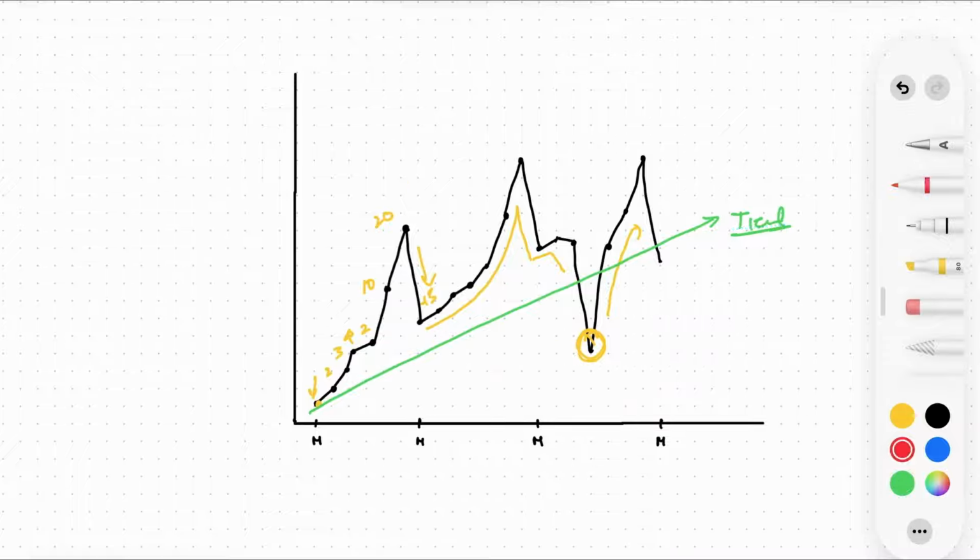Another thing you might have noticed is that you have this weekly pattern which repeats. It repeats every week, and it has a similar pattern to it.